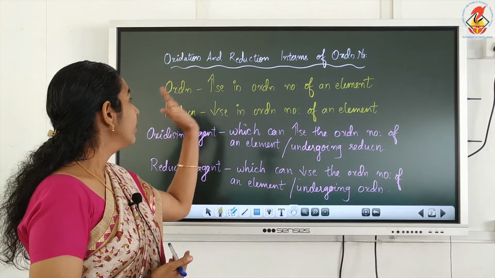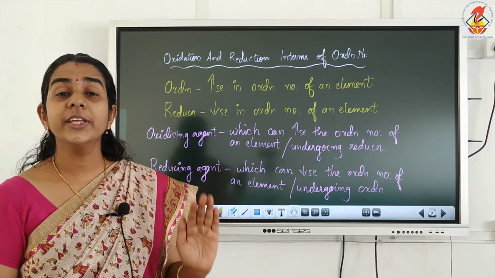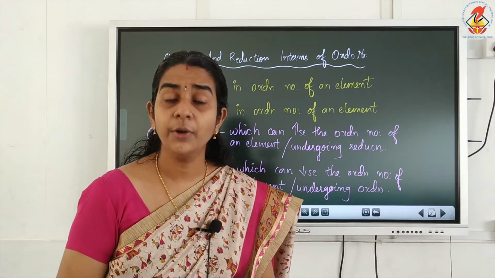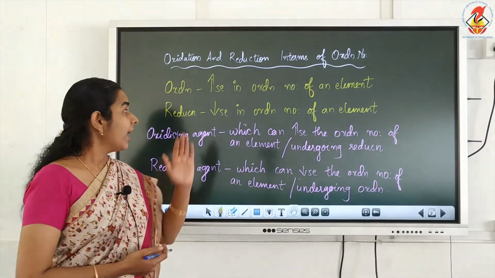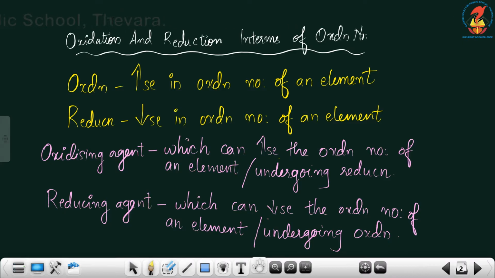If there is an increase in the oxidation number of an atom or element, it represents oxidation. And if there is a decrease in oxidation number, that represents